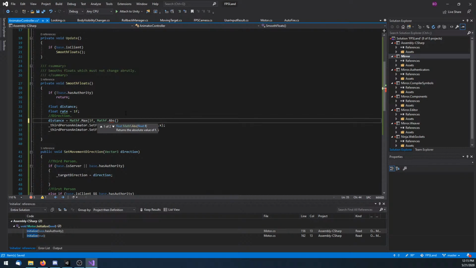That way it doesn't just like, I'll explain it after I put in the code so you guys have a better idea of what I'm talking about. So third person animator dot, how I want it to do this. I think I'll use .get float horizontal hash and target direction .x